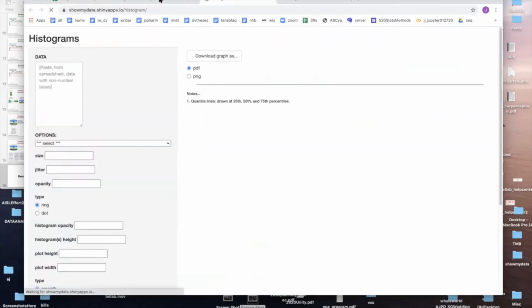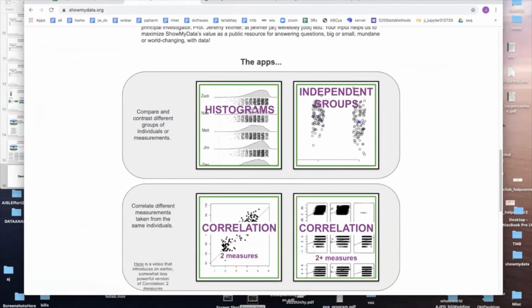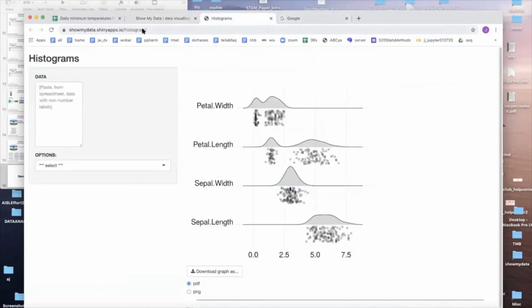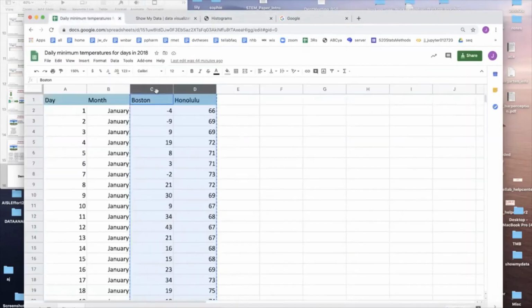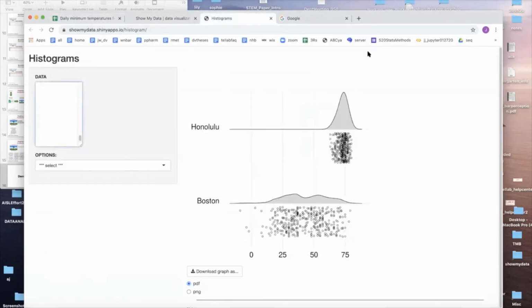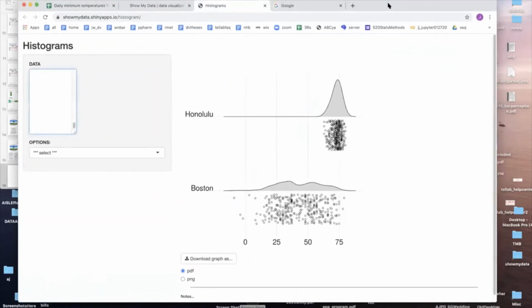First, we're going to go to a histogram app. So sort of independent groups, sort of an analysis here. Okay, so I just copied that and I paste it here. And there we go. That took about 2 seconds. We can see Honolulu is warmer than Boston. We can see that Boston gets really cold, but it also gets really hot. And we can,